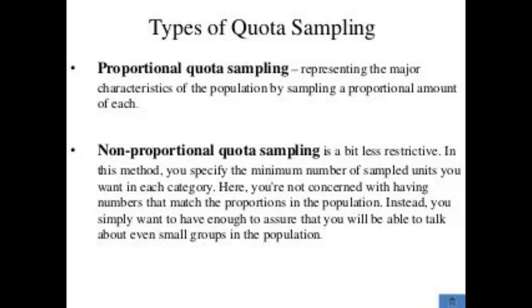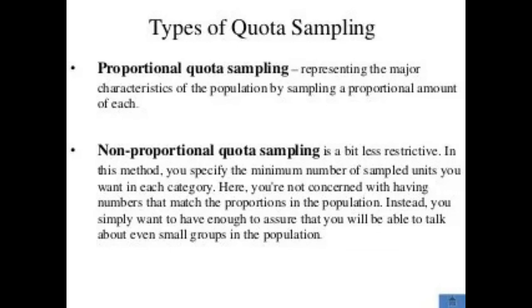For example, if you know the population has 40% women and 60% men, and that you want a total sample size of 100, you will continue sampling until you get those percentages, and then you will stop. If you've already got the 40 women for the sample, but not the 60 men, you will continue to sample men, but even if legitimate women respondents come along, you will not sample them because you have already met your quota